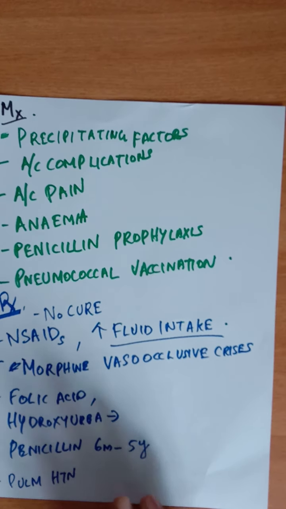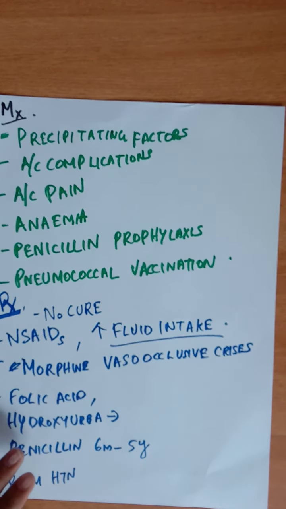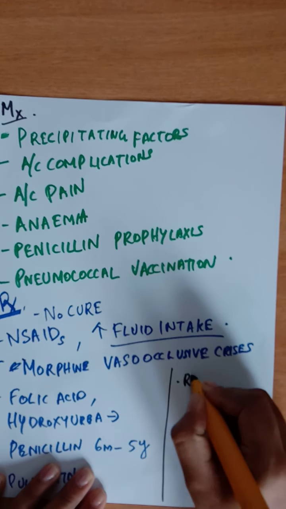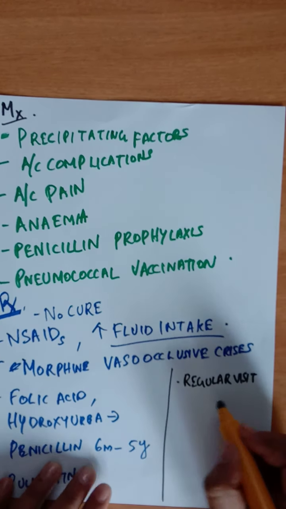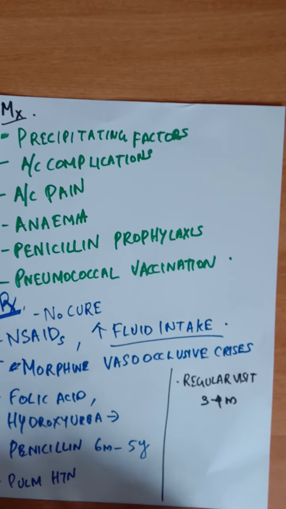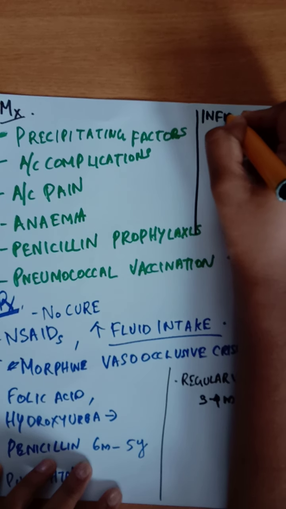And then some preventive measures should be taken by general practitioners to prevent complications. Insist on regular visits at least every 3 to 4 months, and others may need much more frequent observation. Educate patients on how to prevent sickling crises, and the precipitating factors should be educated to them. Precipitating factors can be infection,